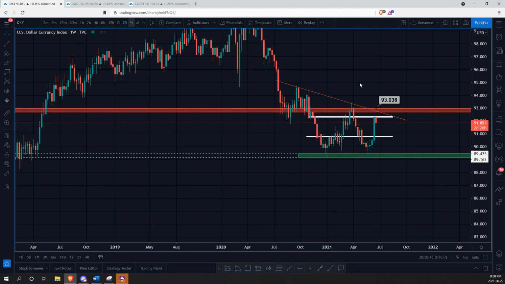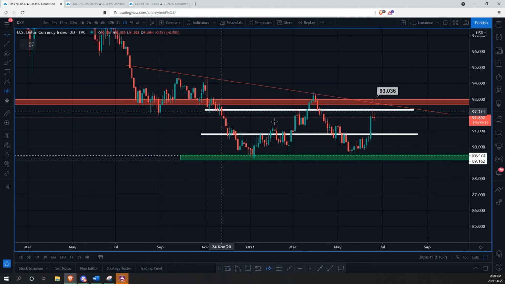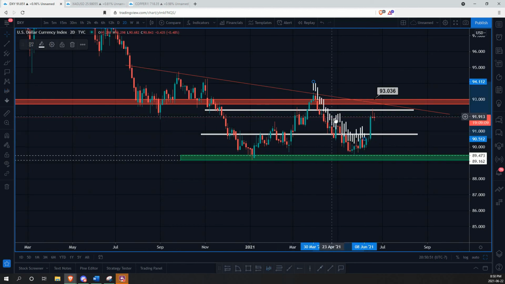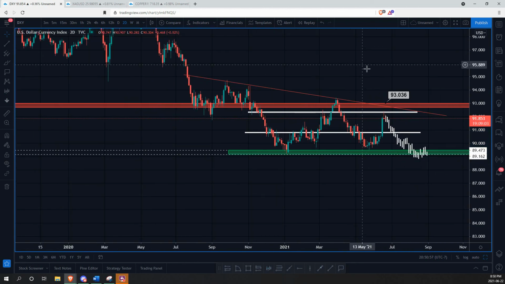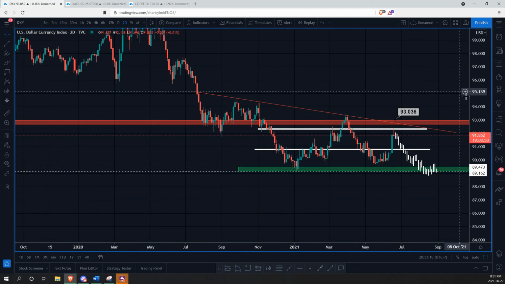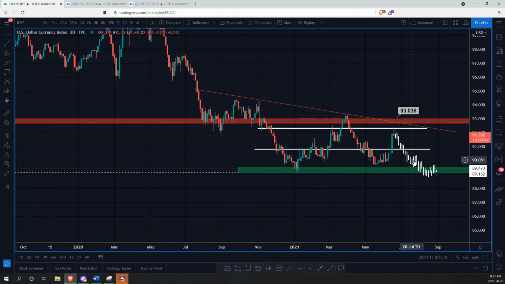So if we go to a 2-day and then do something like this, ideally we'd be seeing something like this form, where we're going to be seeing a nice consolidation to the downside, forming a nice slow, chill series of lower lows and lower highs, slightly moving to the downside. This is going to open up the doors for the S&P, for gold and silver to finally move to the upside. I think silver is finally going to break that $28 level of resistance, which is looking phenomenal,